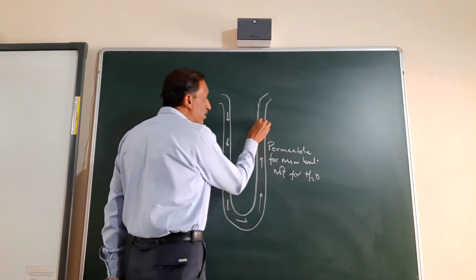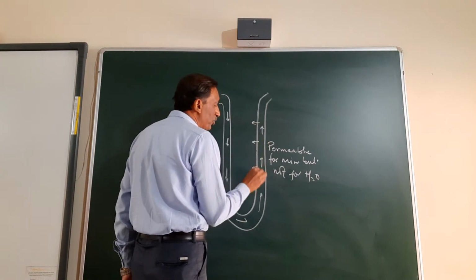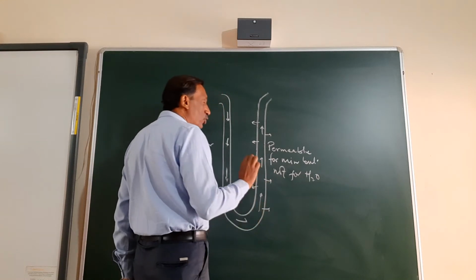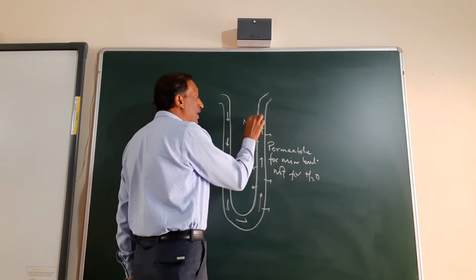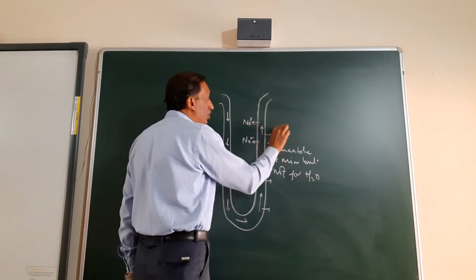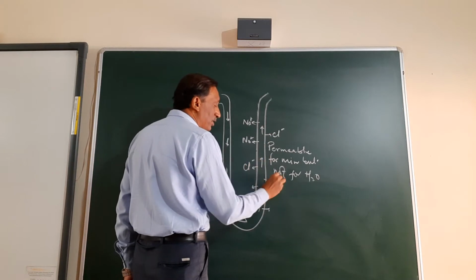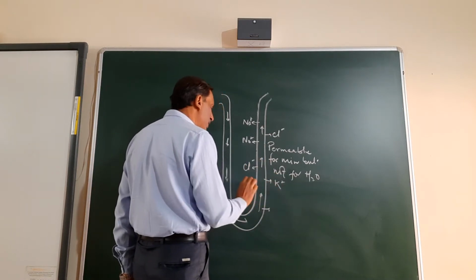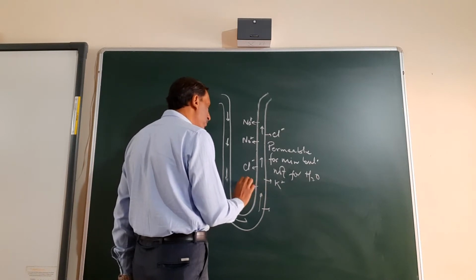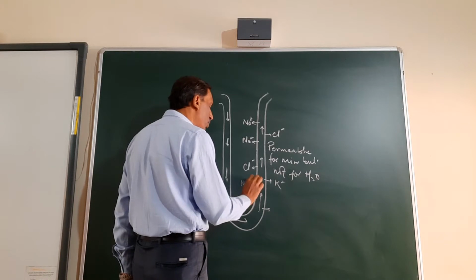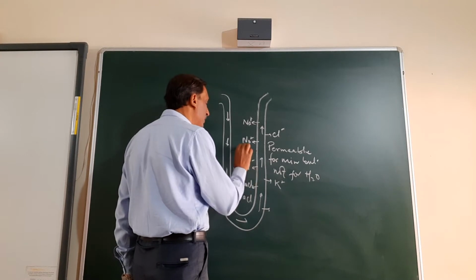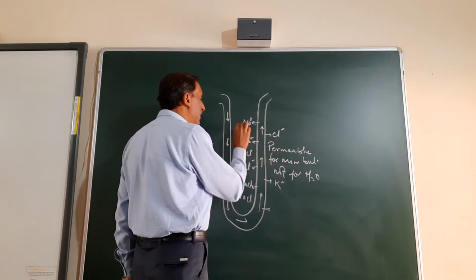So now what happens? From here the sodium, potassium, calcium and chloride ions are moved out. Sodium ions, chloride ions, potassium ions even come out, okay? And other positive ions can also come out, but mainly it is sodium and chloride. So I'll write sodium chloride, sodium chloride, sodium chloride.